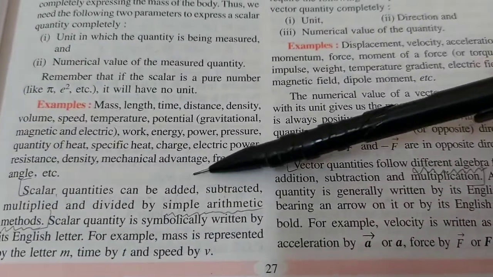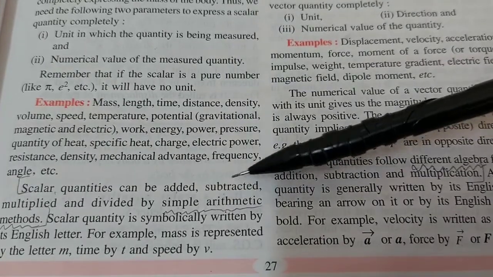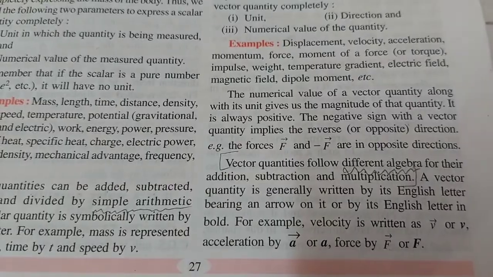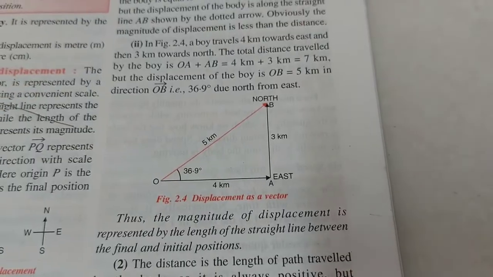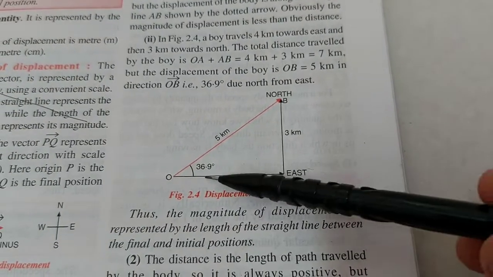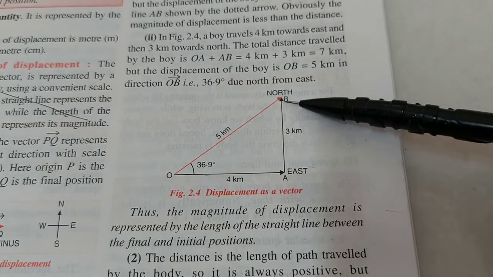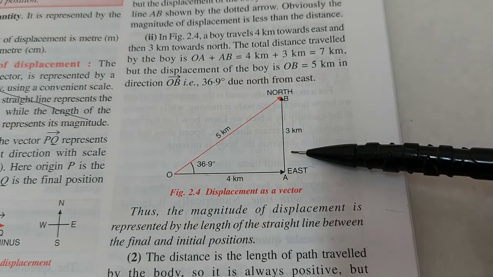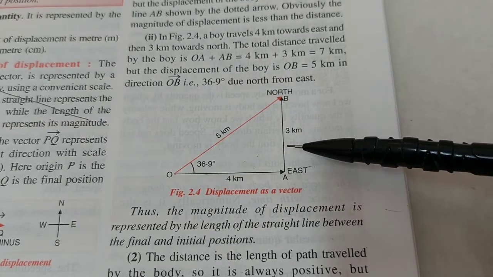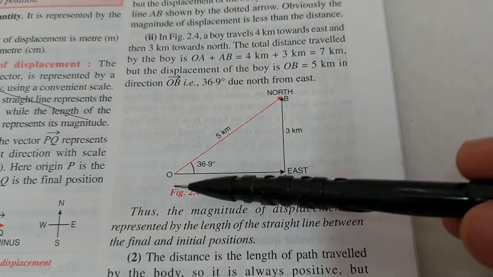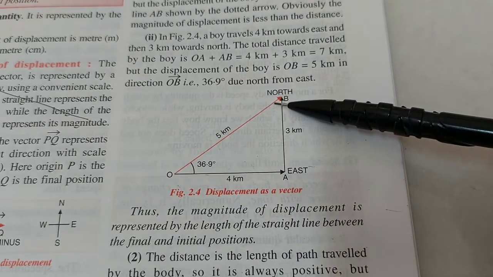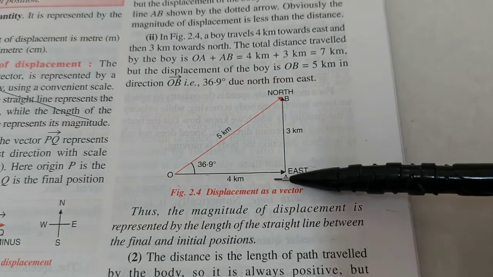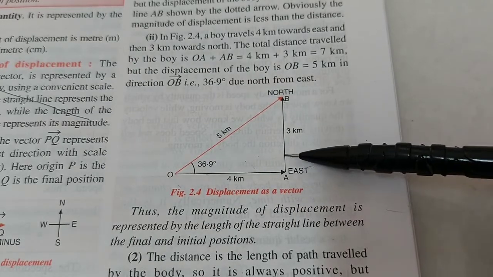Now, scalar quantities can be added or subtracted by simple arithmetic methods. But vector quantities follow different algebra. For example, here in figure 2.4, a person moves from O to A and then to B. So the total distance traveled is 4 plus 3, 7 kilometers. But displacement is a vector quantity, and the definition says that it is the shortest route between the initial position and the final position. So that is 5 kilometers, which could be found by Pythagoras theorem in this triangle because it's a right angle